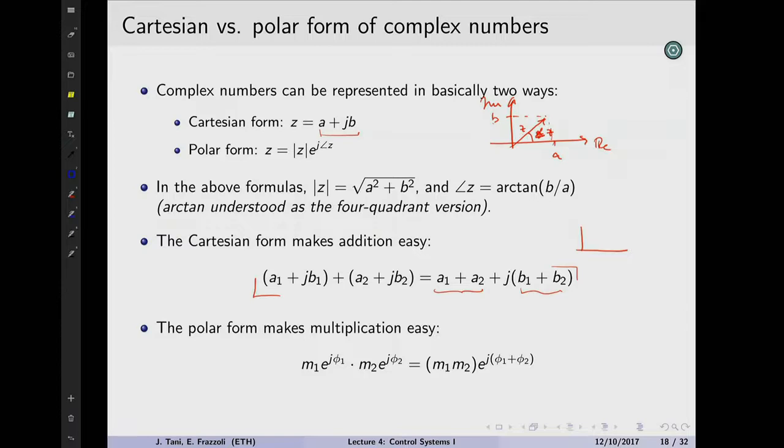While the polar form is easier because when you multiply two imaginary numbers, for example, this one and this one, say you take this here and you multiply it by something that is 1/2 e^(jπ/2). So basically, all you're saying is you're rotating it by 90 degrees and you are scaling the magnitude by 1/2. So it's just a convenient way of playing around with numbers.